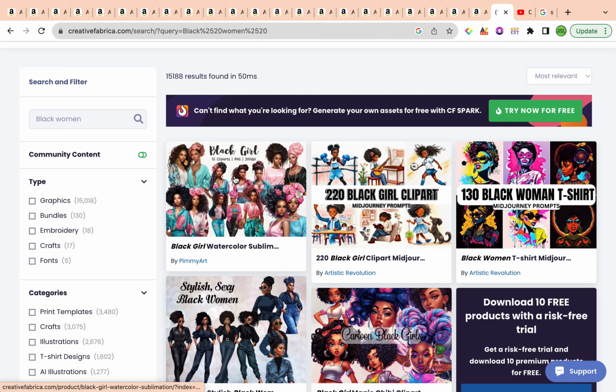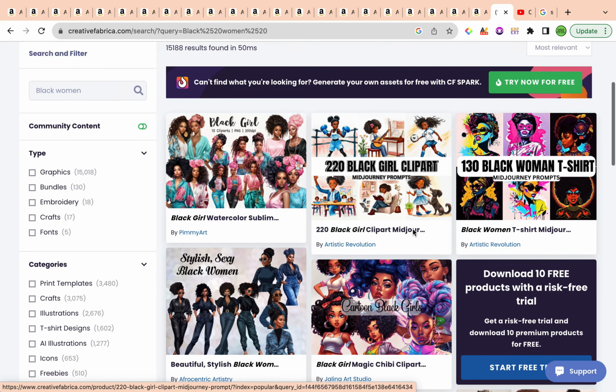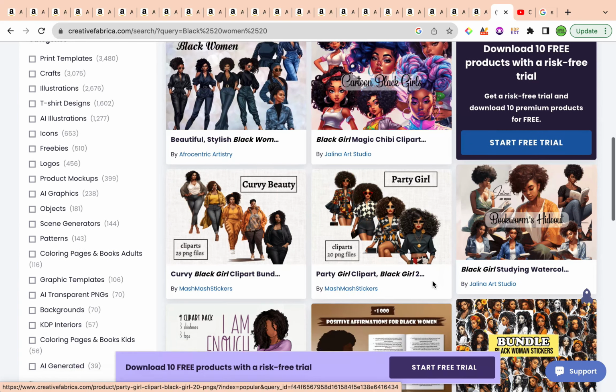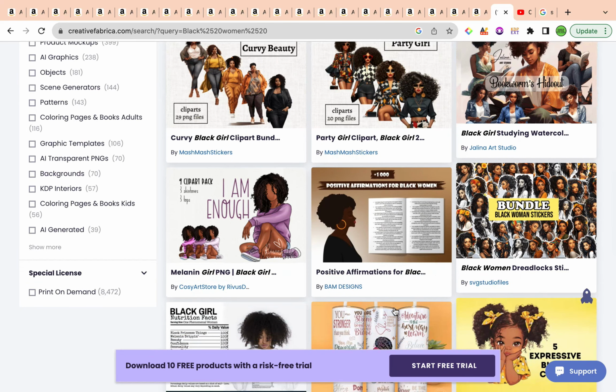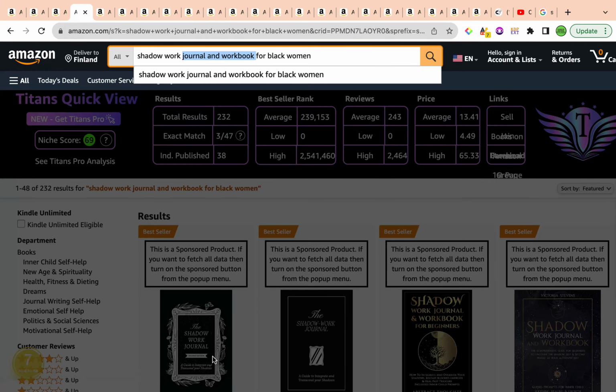We've got this here, Black girl, a combination of 15 clip art that you can use. This is more geared towards Black girls that are much younger, if you're creating anything to do with that. These are a combination of 1,000 positive affirmations for Black women. You could also use that and weave that in, adding a positive affirmation per page, because yes, you are doing shadow work, which means you're going to be working with the subconscious mind and with trauma, but it really